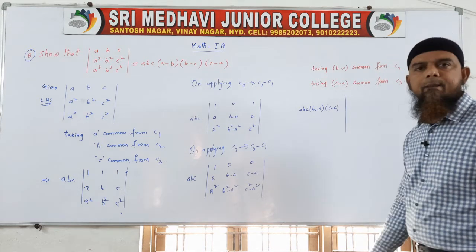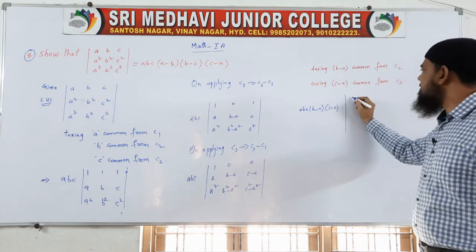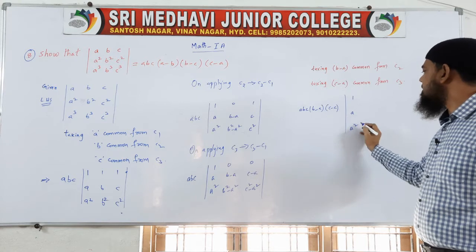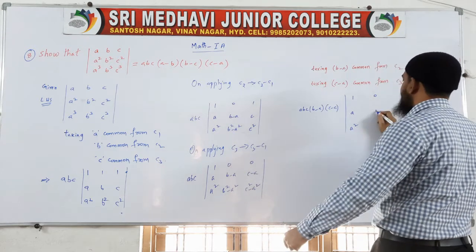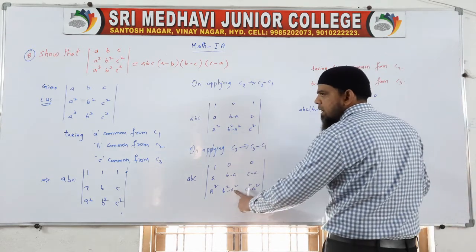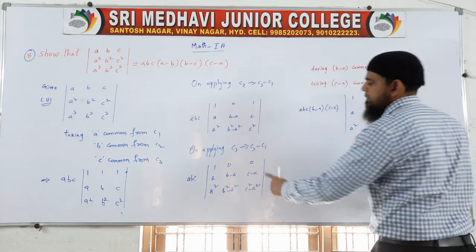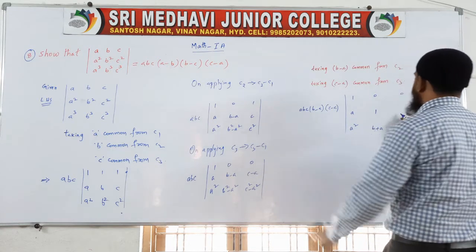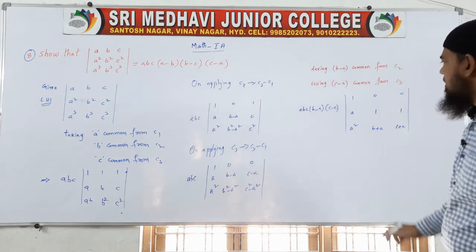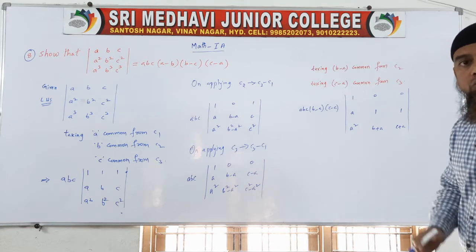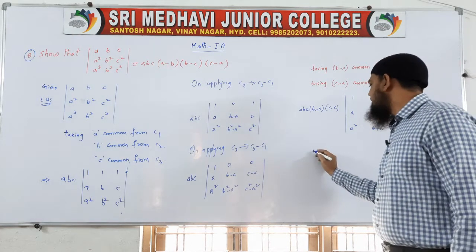Now write down the determinant. Column wise we have to write because we are applying column operations here. C1 is 1, a, a square; C2 and C3 change: 1, 0, 0 only. b minus a you have taken common already, in that place 1. In b square minus a square you have taken common b minus a, so what is the remaining one here? b plus a. Similarly here 0 is as it is. In place of c minus a I am writing 1. Here c plus a is left. Now how to do the determinant here? Through which row are we doing the determinant? Through R1. So do the determinant.